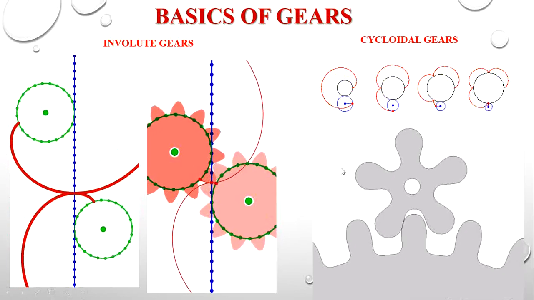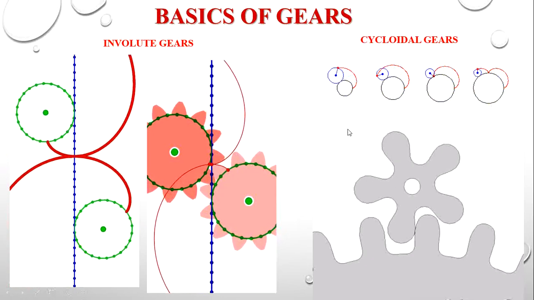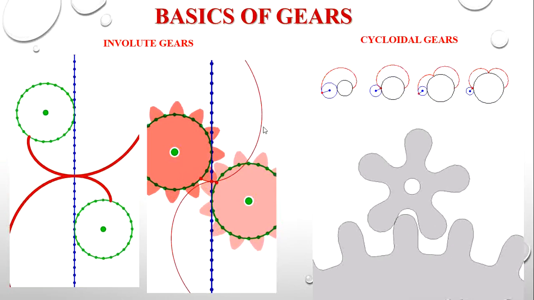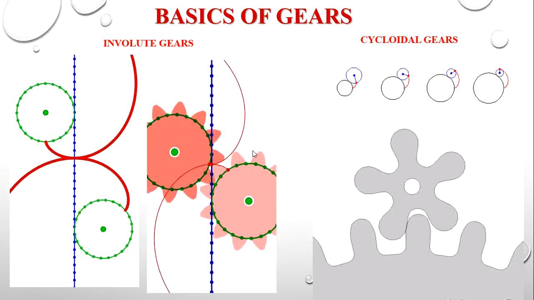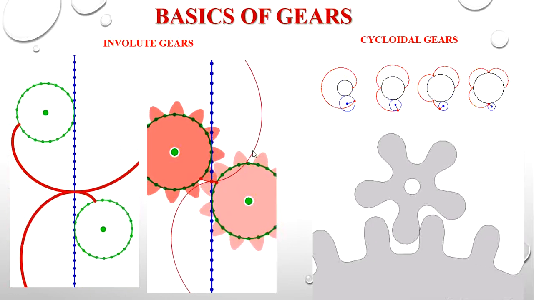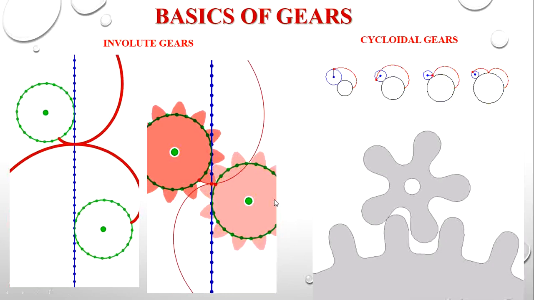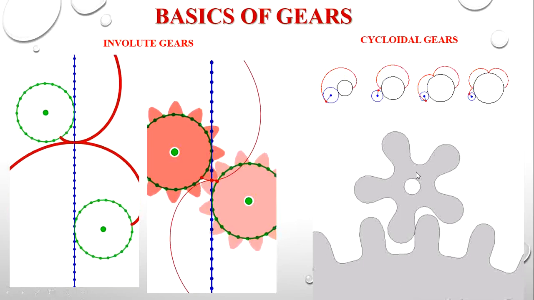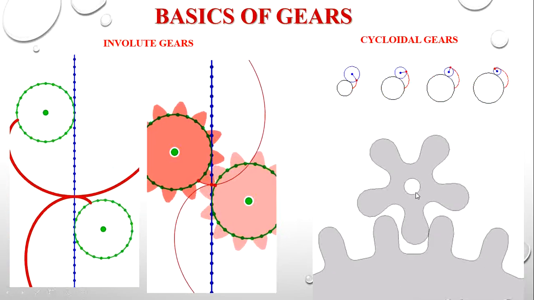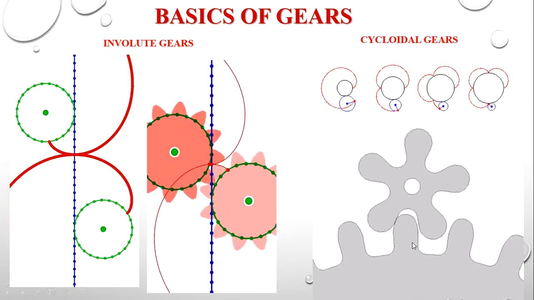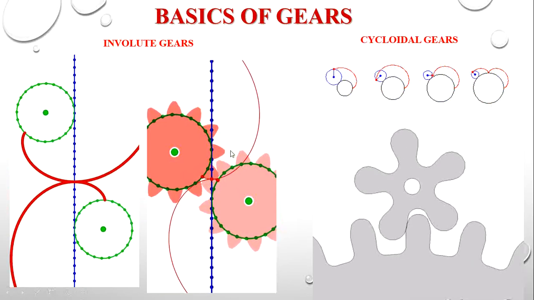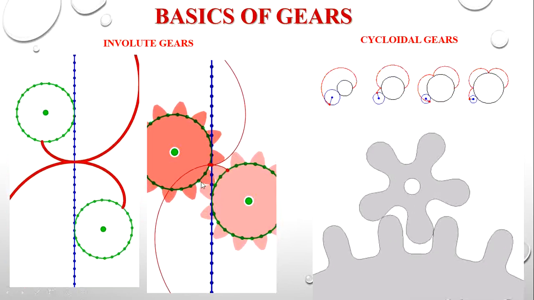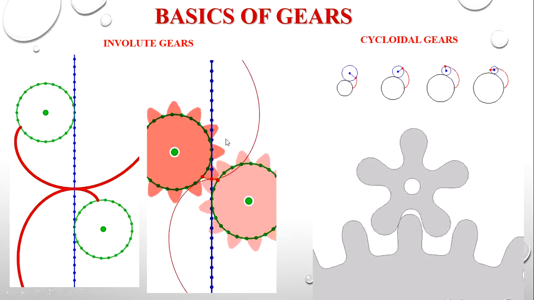So irrespective of some advantages of cycloidal gears, we prefer only involute gears. Almost 99% of the gears we use are involute gears because of the simplicity of manufacturing. Even though cycloid has certain advantages, it has a main drawback: if the center distance between two gears changes, cycloidal gears will have more wear and cannot run properly, whereas that is not the case with involute. Involute has one drawback, which is interference between two gear teeth. We'll discuss interference in later classes.